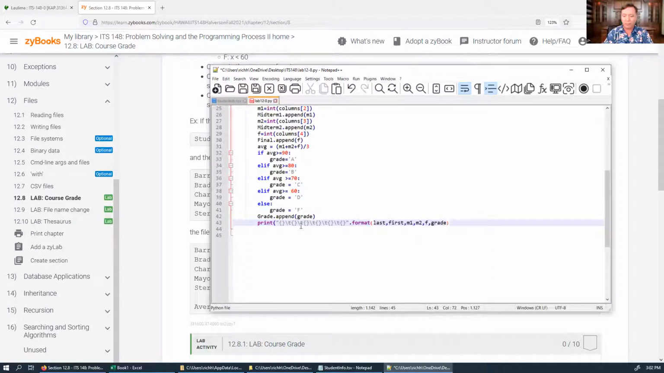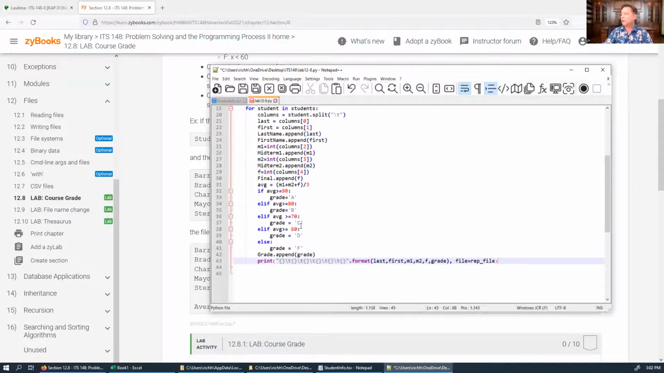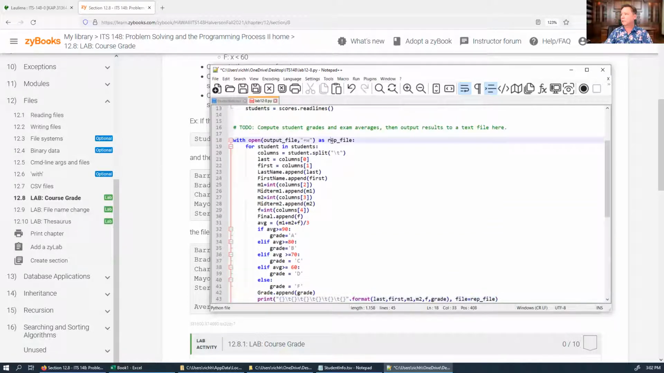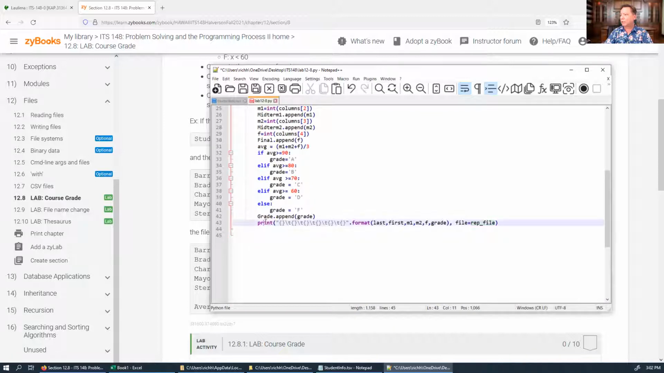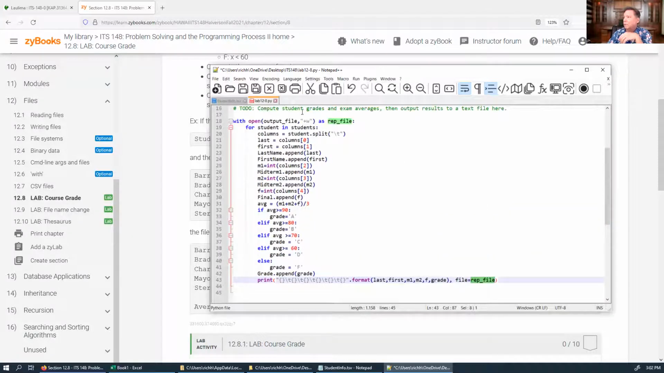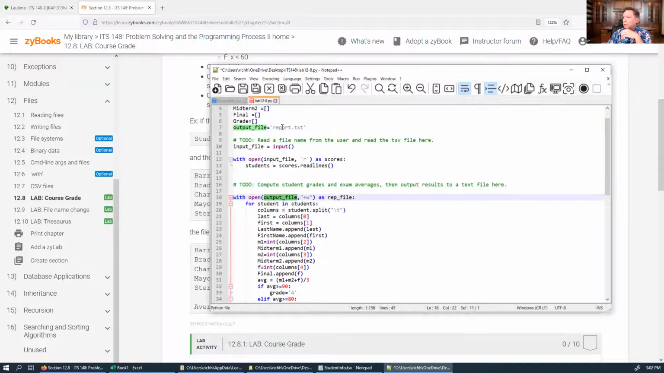Oh, I got to say comma, and I got to say the file equals rep file. Okay, that is this. So print this not out to the screen, but to this file, this one, this one, this one, which is this one. All this indirection, you know, when I first started learning about programming, all these sort of,